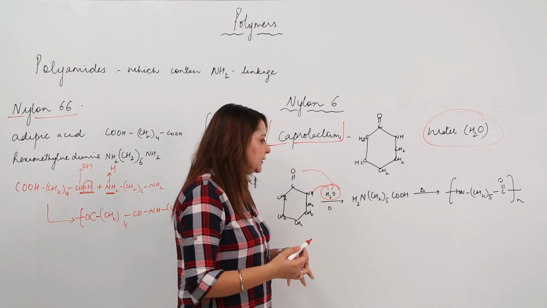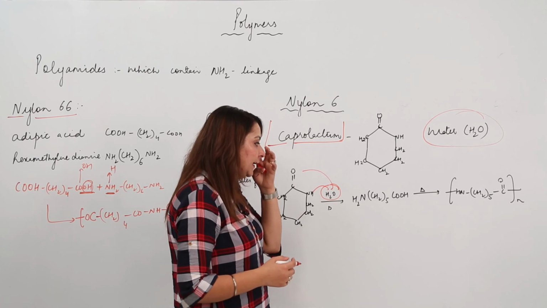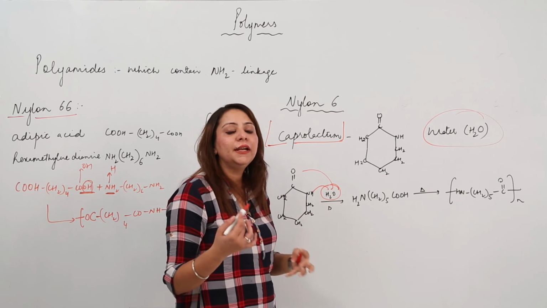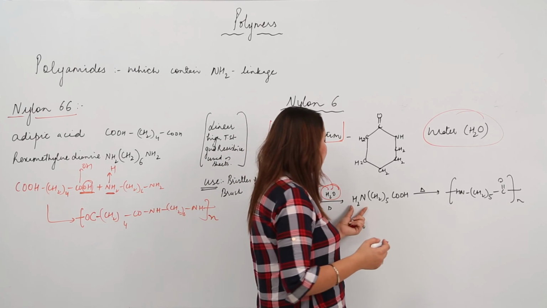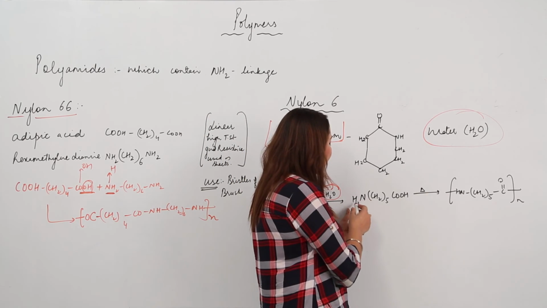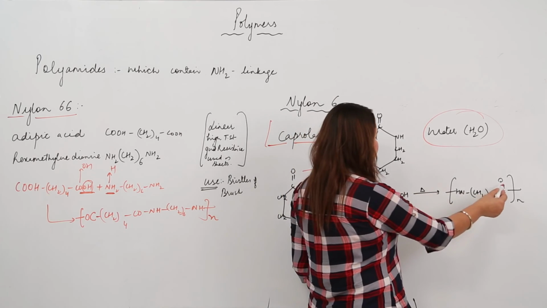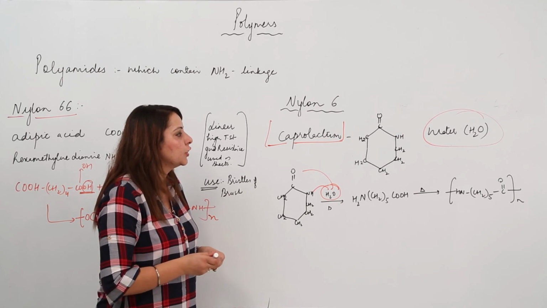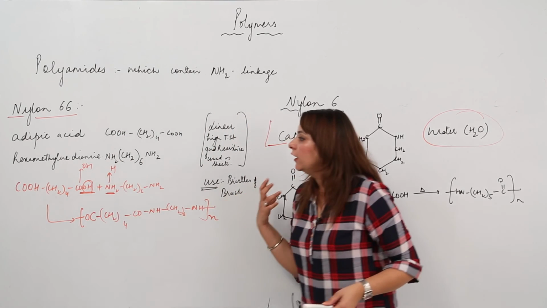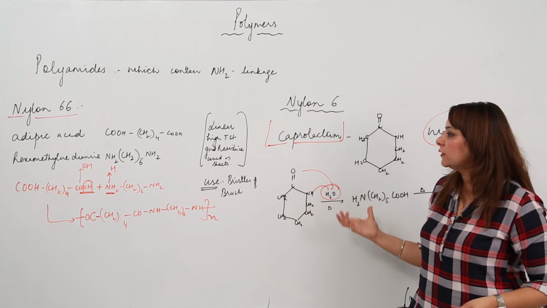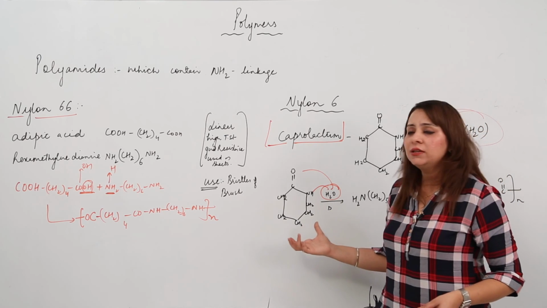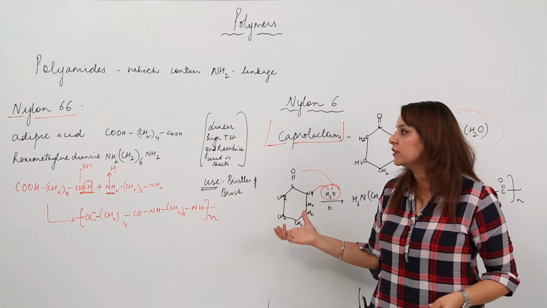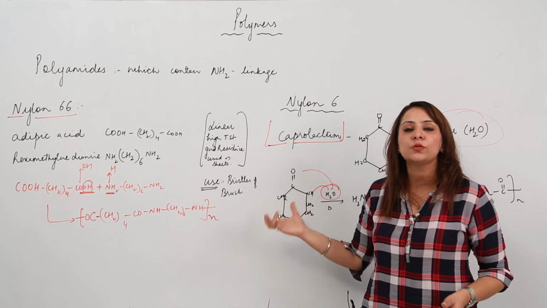Then we'll further heat it, and it will condense as it eliminates a small molecule, and as a result it is going to lose water, and we get NH, CH2 whole 5, CO, and this is the n, and again it is a condensation polymerization. As you can see, these are the important ones, and the preparations are very important. So just practice this at home because you often get this question in the paper.